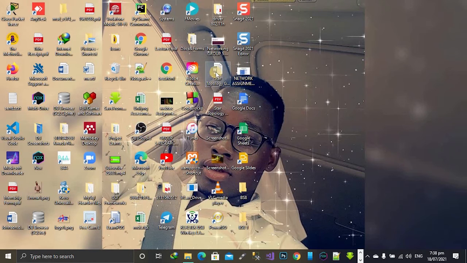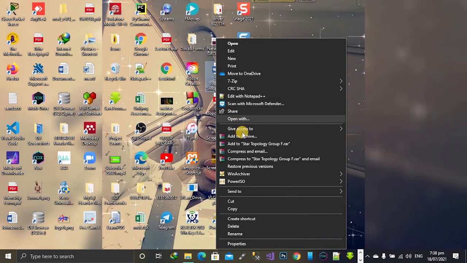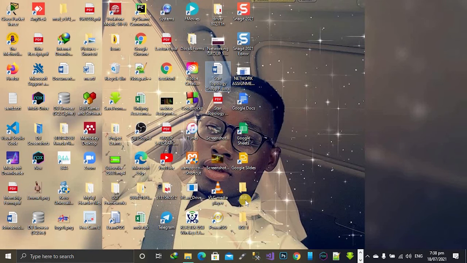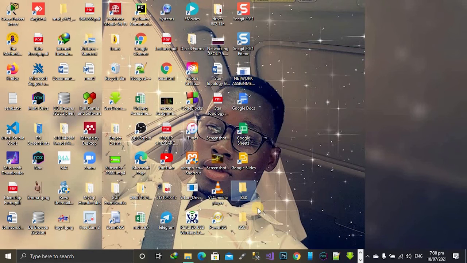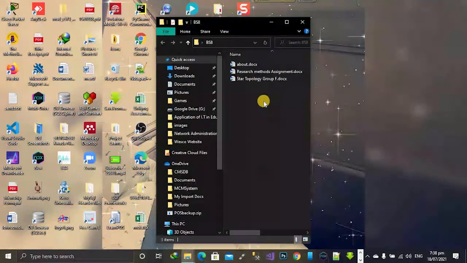The same thing, you locate where the file is, you right click on the file, and then you look through and click on copy from the pop-up menu that appears, and then you move into this folder, you right click on the folder like this, and then you select paste. Okay, so now let's open the folder and see our file inside. Okay,